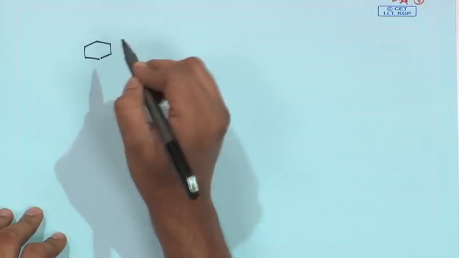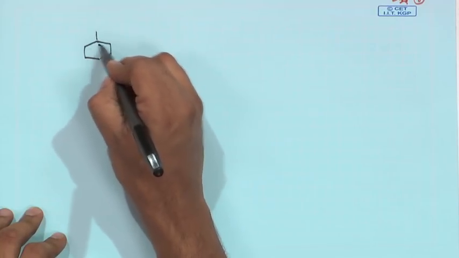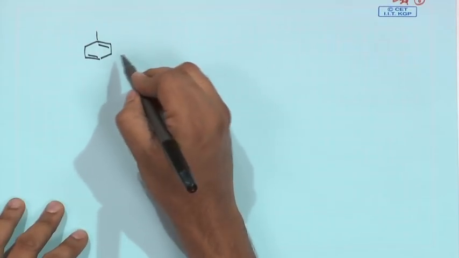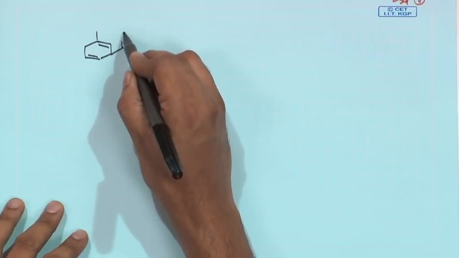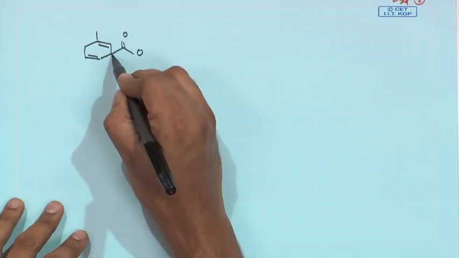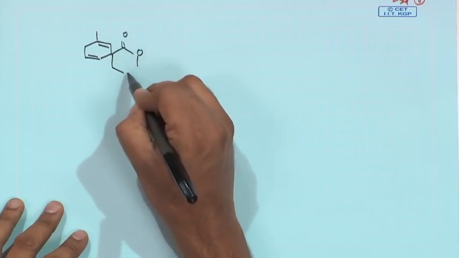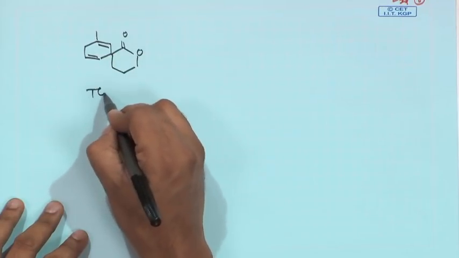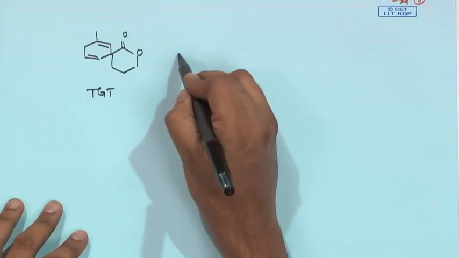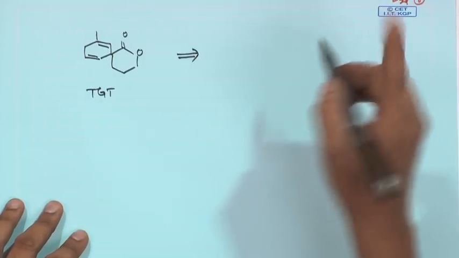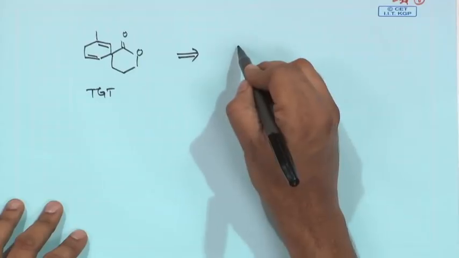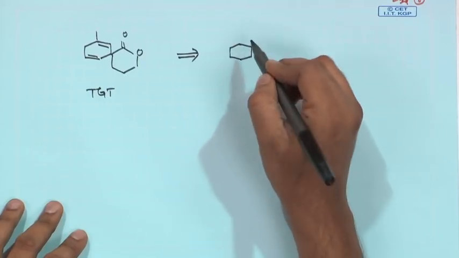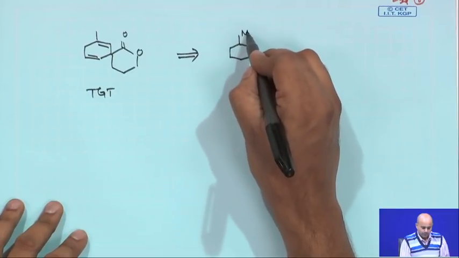The next problem which we now designed is a spirocycle based lactone whose structure is this, and the target molecule is this, and the starting material which was given to you